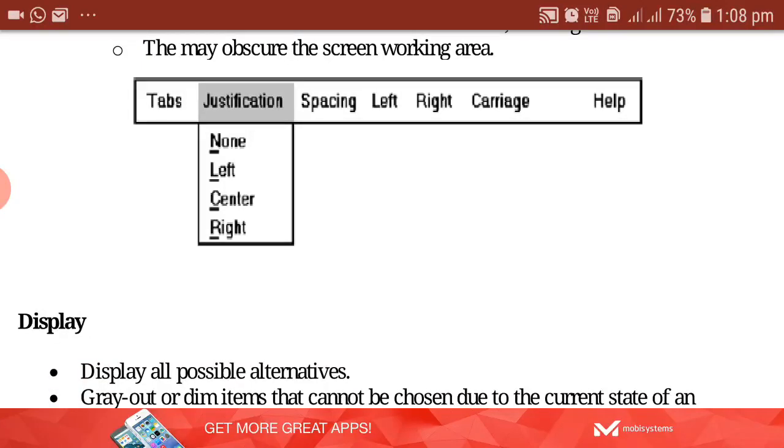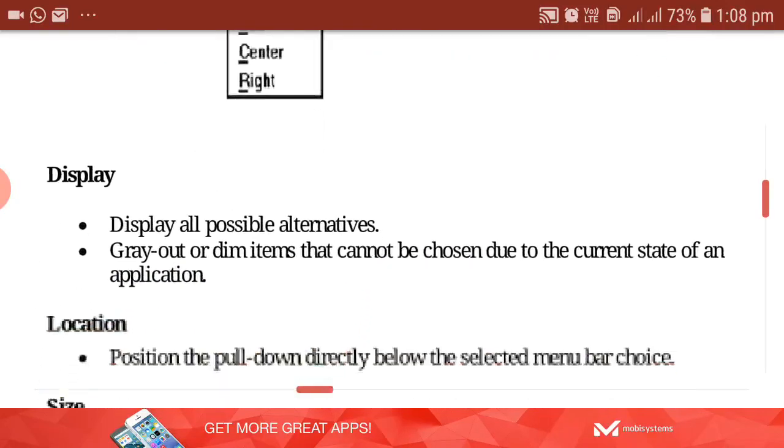For this pull down, what is the title? Justification. So justification is the item in the menu bar. The item in the menu bar under which the drop down menu is displayed, that item itself will act as a title for the drop down menu or the pull down menu. So no need of giving any explicit name to the pull down menu.